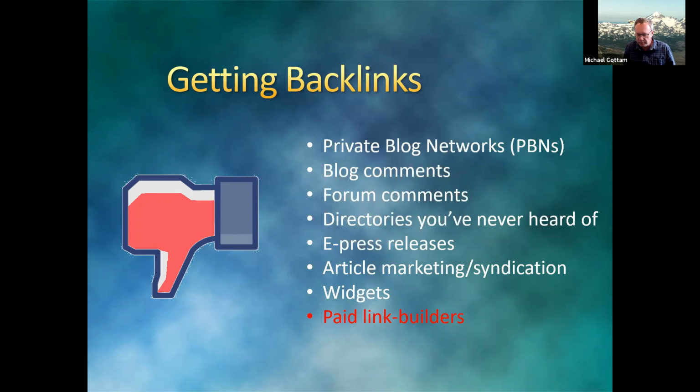The kinds of sites that are notorious for this and will get you in trouble: Super Articles, spelled SOOPER, is a bad one. Articles Factory is a bad one. Ezine Articles is a bad one. Google knows these, has known them for years and years, and if you start showing up in all the publications they push to, you're in trouble. So don't do article marketing.